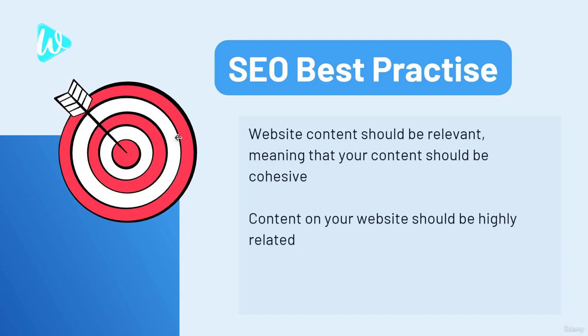Because what most people did in the past is what earned them getting smacked in the face by Google. They got strikes in the past when Google came up with their updates. We're going to go through updates later on in the course. But generally speaking, Google doesn't like when the content is not cohesive because Google has a reputation. Their reputation is, if I'm going to show your website to a potential searcher, I need to provide that searcher with an answer to their question. And so I need to provide the best solution. And the best solution is someone who really cares about serving the other instead of just making money from Google AdSense or getting as much traffic as possible by using black hat methods.